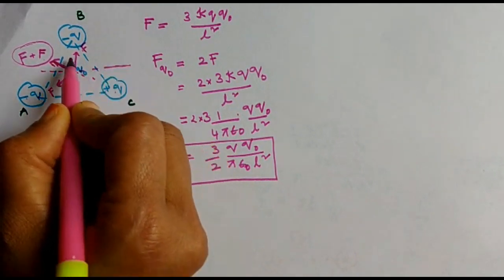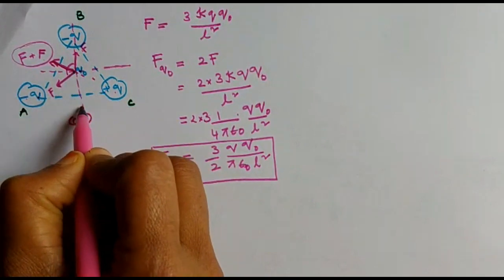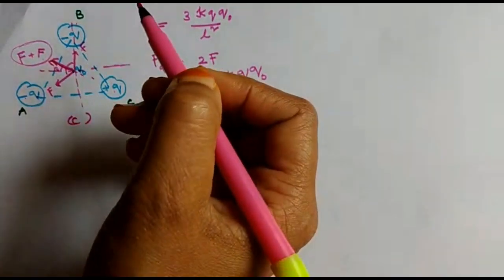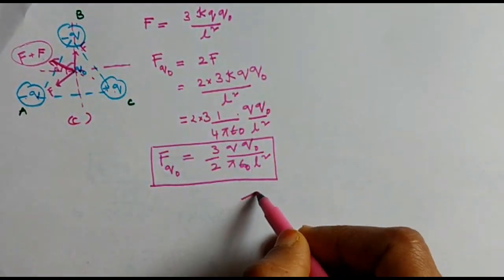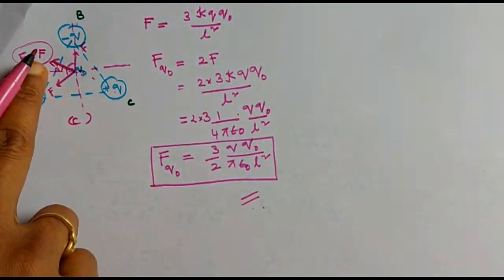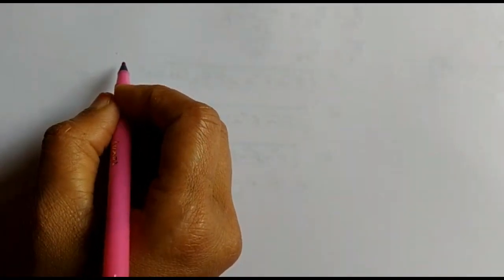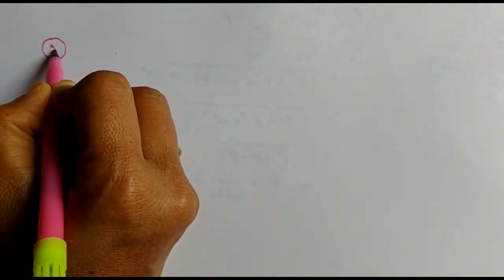Okay, if you are resolving the force into components, you have to project the axis, let this angle be theta, take it as F cos theta, F sin theta. But here I am leaving it with the magnitude. You resolve the vector and express the direction. Okay, till now we have seen force experienced by 3-point charges. Now let us move on to 4-point charges.